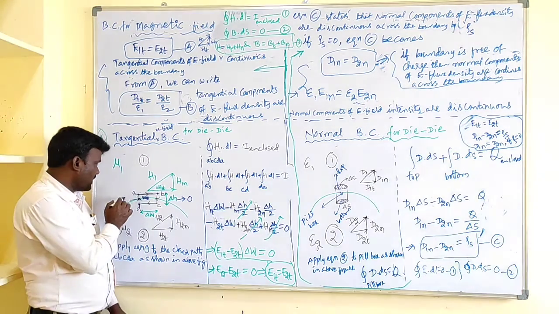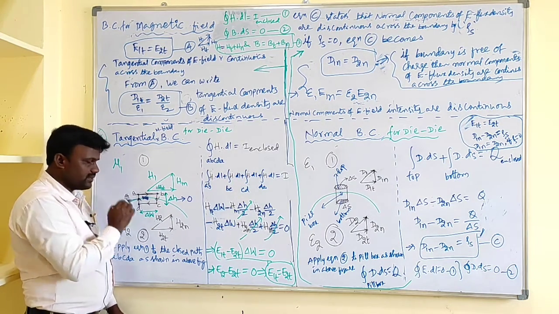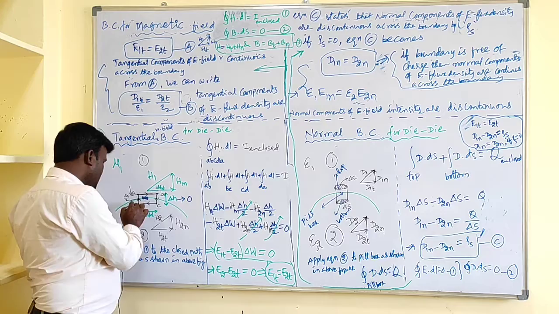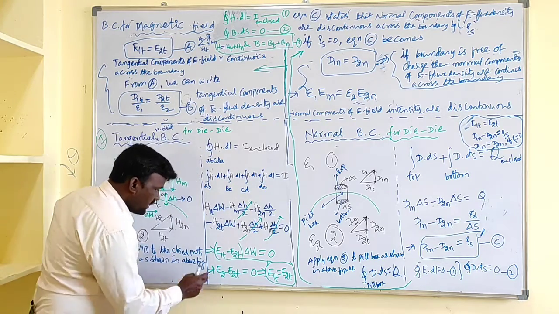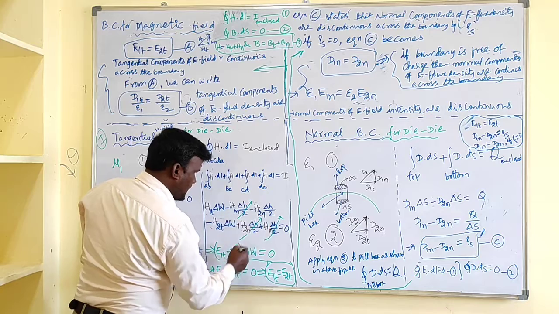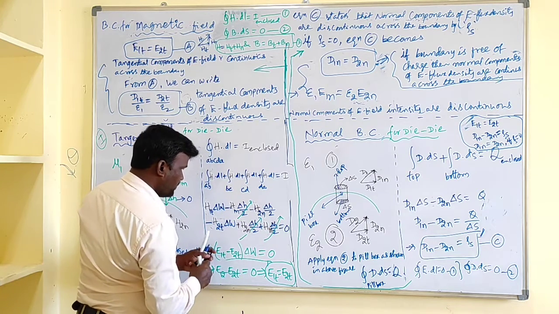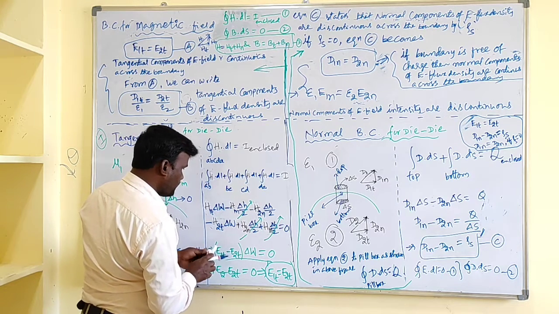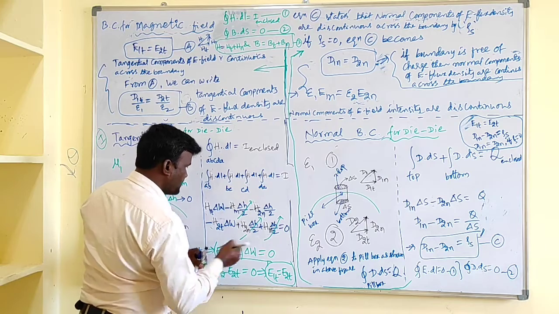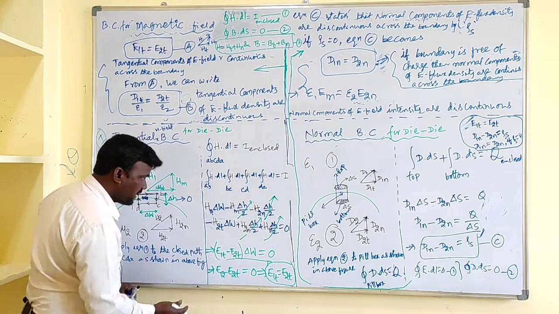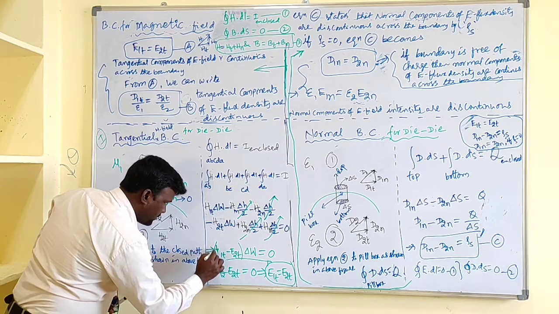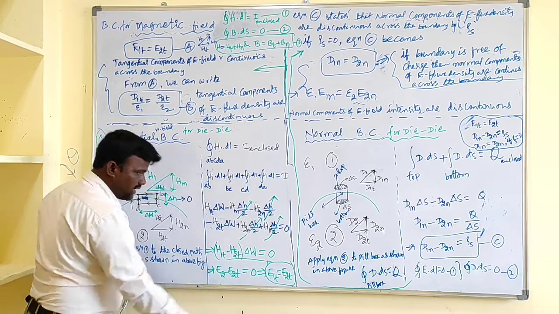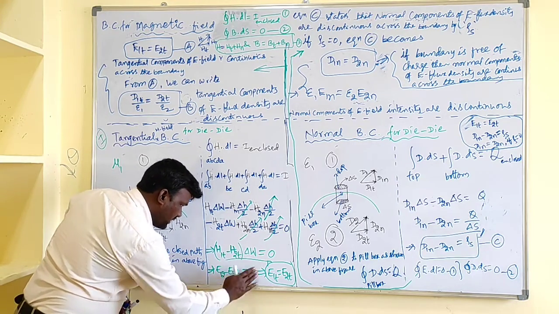From this point to this point, we can take this as delta H by 2. Delta H by 2. We can take this distance like this. That is delta H by 2, and here again this one is what? So as these cancel out, H1N delta H by 2 minus H1N delta H by 2 minus H2N delta H by 2 plus H2N delta H by 2 cancel out. Remaining parameters are what? First one is H1T into delta W, and another one is H2T into delta W, and here we can take delta W as common.